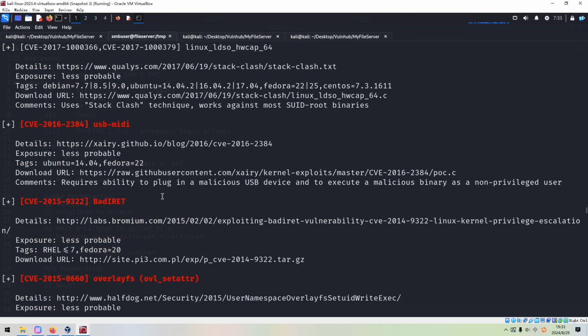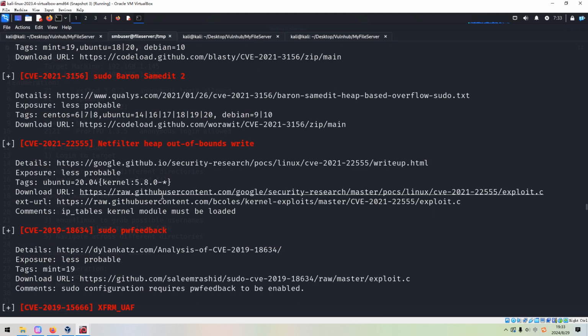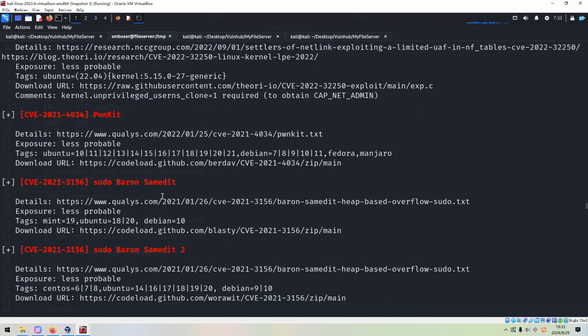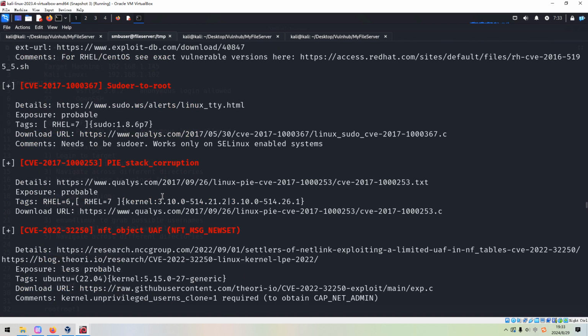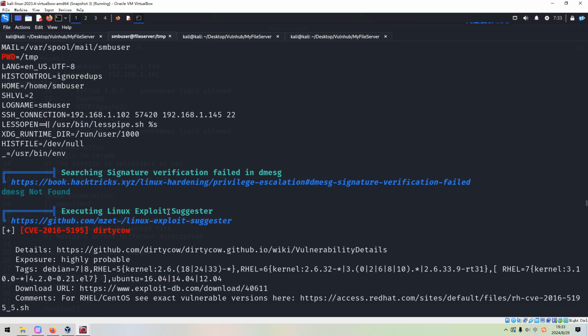A lot of, I think the LinPEAS shell script has already found so many kernel-based exploits because the kernel, after all, is very old.